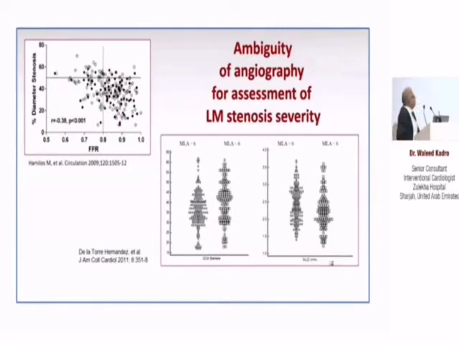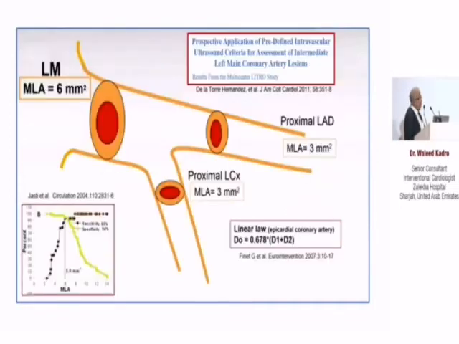disease. We know that using the angiogram alone is a poor tool for assessing the degree of stenosis. If you compare the angiogram with the functional assessment of the lesion by using FFR, you see a lot of discrepancies. Those dots are all over. Also, using the QCA to assess the severity of left main, if we depend on the actual minimum luminal area, there is a lot of discrepancy in QCA,